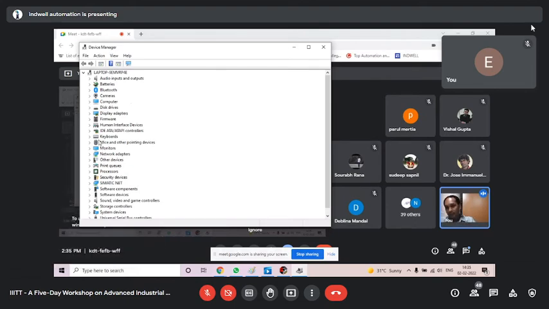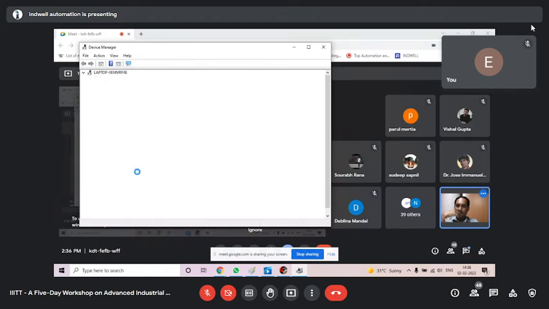Now you can see this part. As I connect, you see, it will read now. Reading.